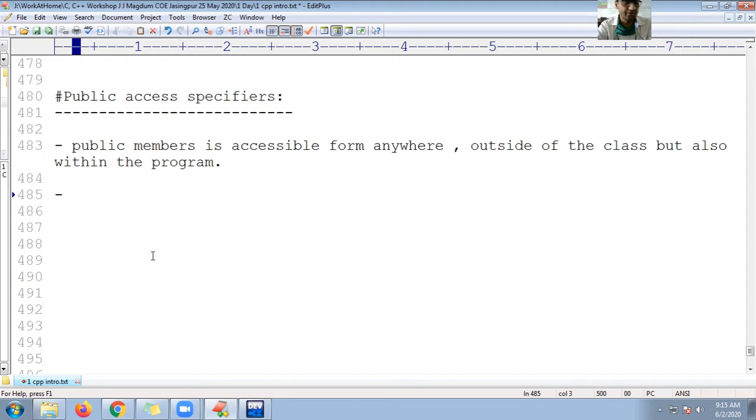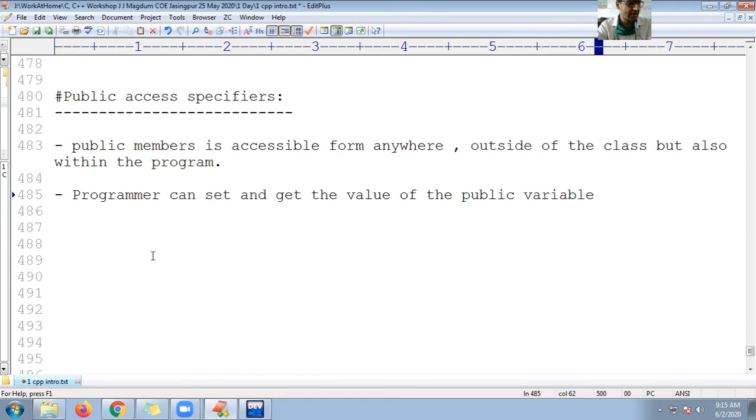So even a programmer or developer can set and get the value of the public variables without any member function.